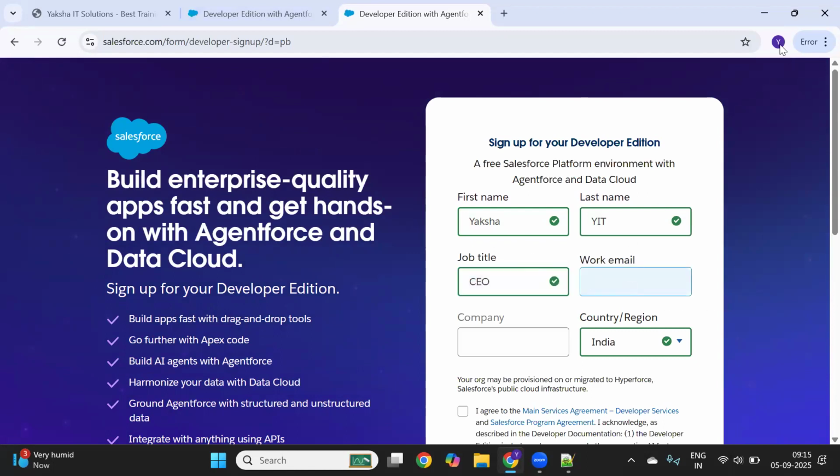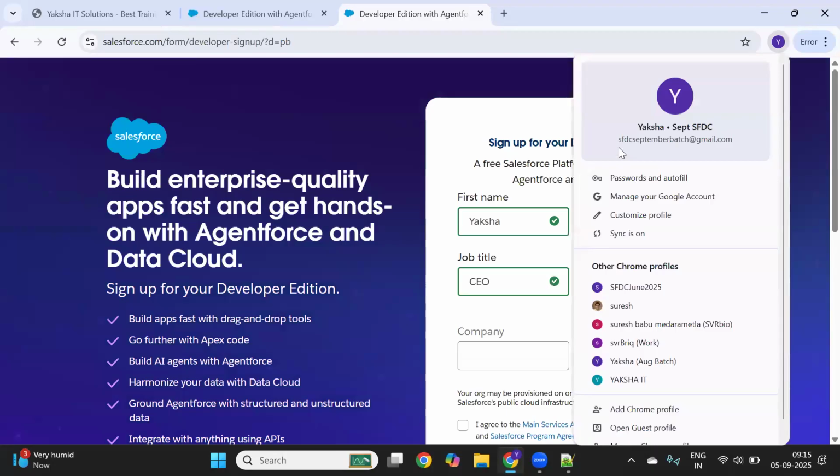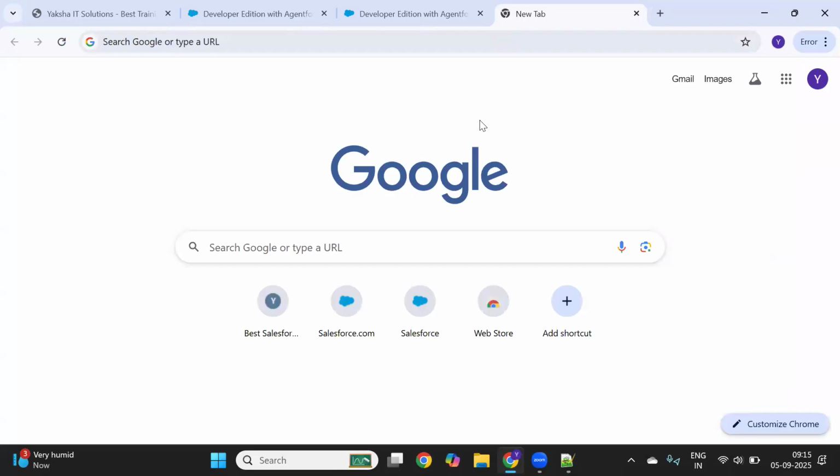Coming to this work email, I just created a new mail ID for this particular batch. So let me use this particular email ID. The only prerequisite you require is to have the